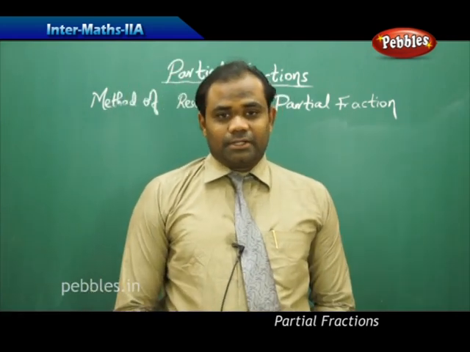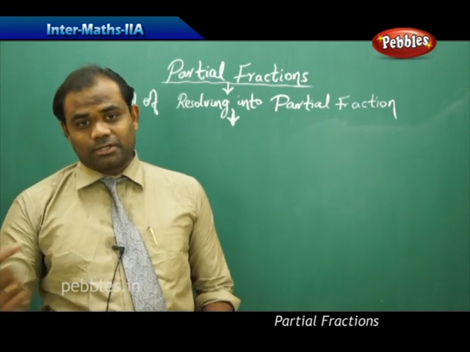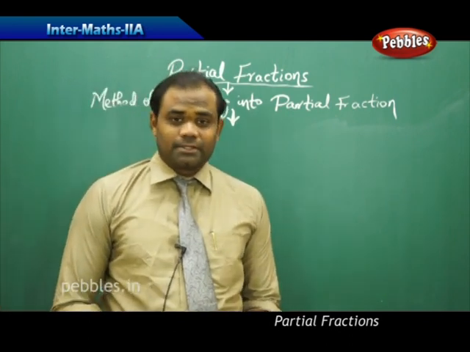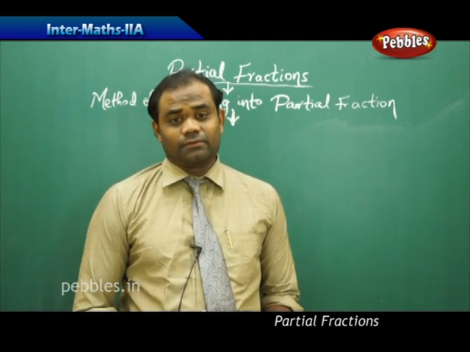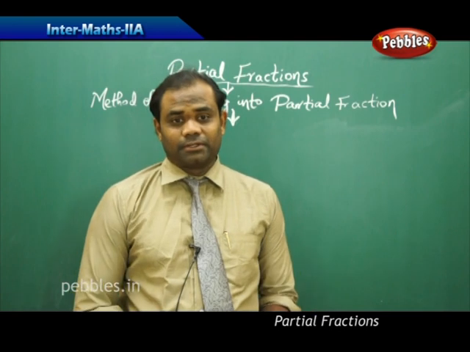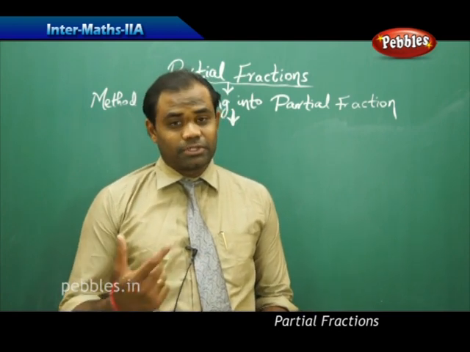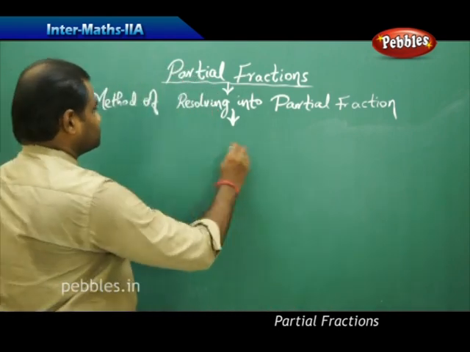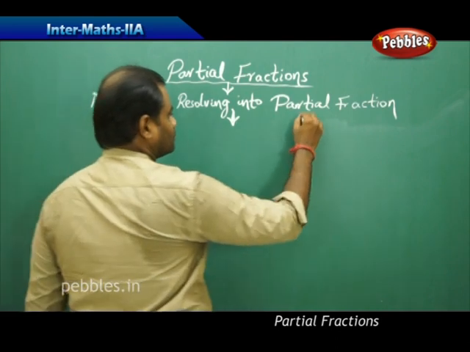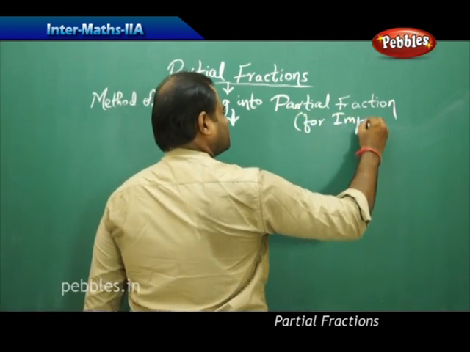Now that we have discussed resolving the proper fractions into the partial fraction form, what happens if the given fraction is not a proper fraction? That is, if the fraction is an improper fraction, then how do we resolve that into partial fractions is the biggest question raised in the session. So, in case of improper fraction,